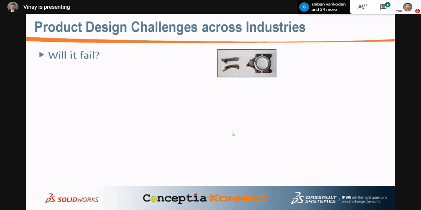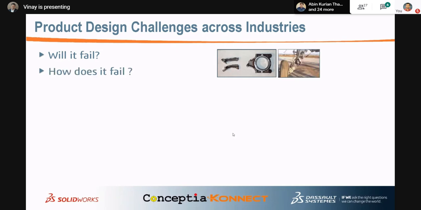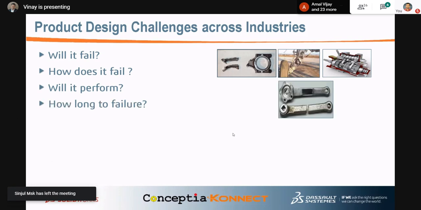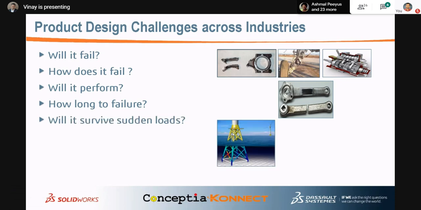After designing everything, you will say, sir, I have done the best design. Will it fail? How does it fail? Will it perform? How long to failure? Will it survive sudden loads?